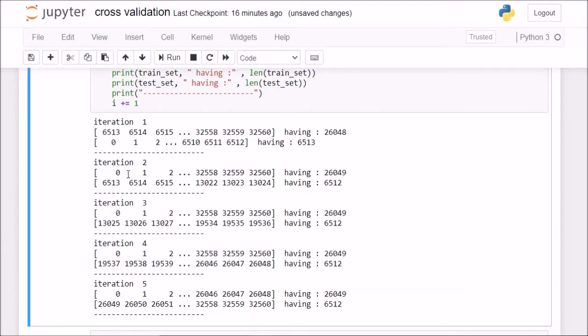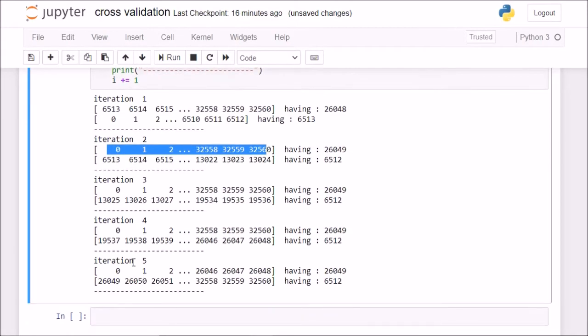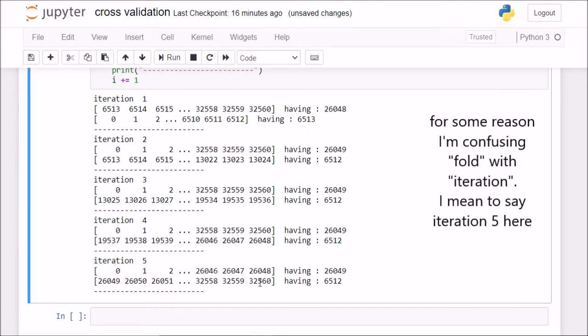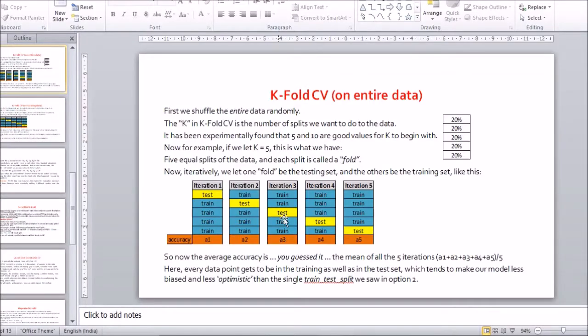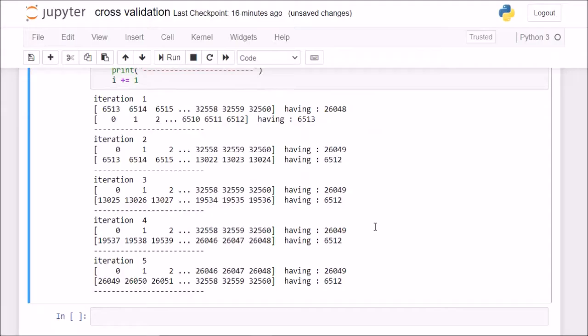So now in my next iteration, my first fold is my training and the next is my testing, but we cannot quite see that here, so we'll straight away jump to the fifth fold, which will be more convenient. Now what should be my fifth fold? The first four should be my training folds, and the last should be my testing fold. So basically I'm going from 0 until 26048. All of these are continuous values, and after 26048 my next value is 26049, and from 26049 until the very end of the dataset, this is my test fold.